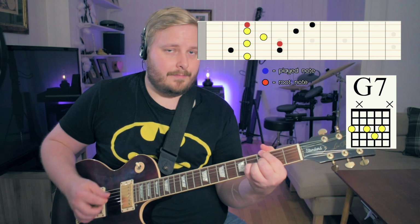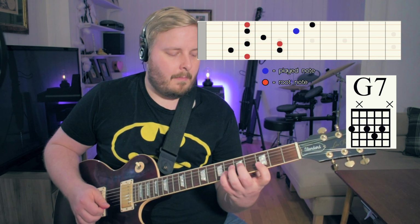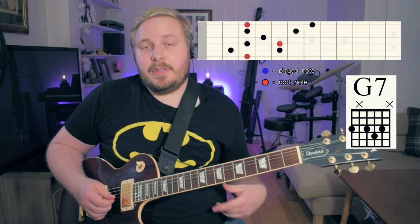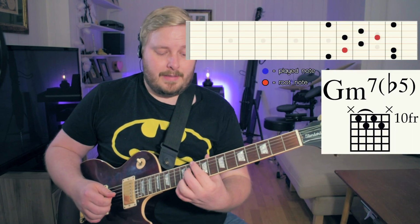You play the chord. And you keep alternating that. And do this for every arpeggio. So if I play, for example, the G minor 7 flat 5 up in the 4th position,